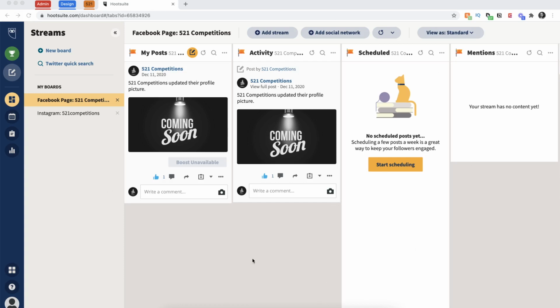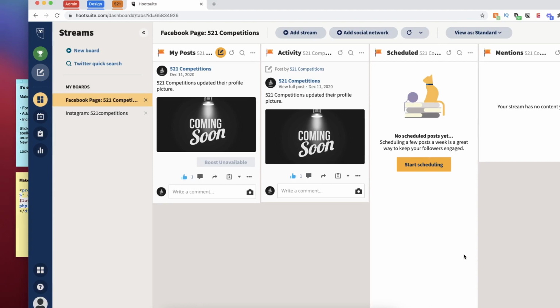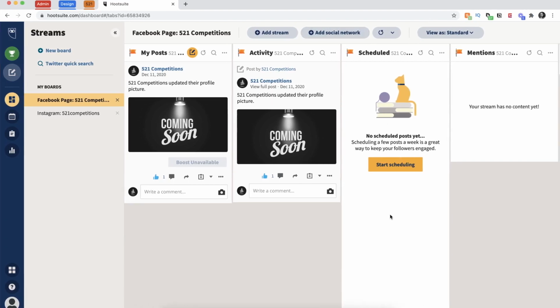So how do we do the listening and the monitoring? Well, you're going to use this first section that you come into called boards. Boards are a collection of these columns which are called streams. Each stream is essentially a kind of filtered view of your social media. And we can add the streams by going to the top, add stream, or going